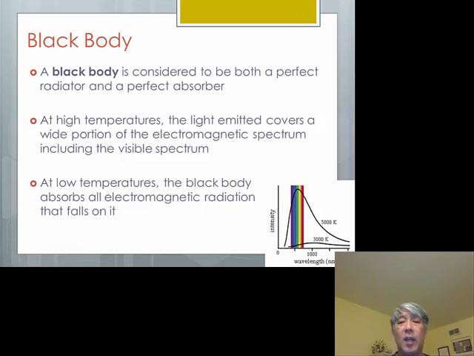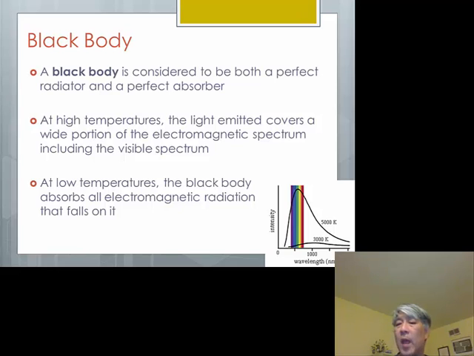At high temperatures, the light emitted is going to cover a wide portion of the electromagnetic spectrum. That's kind of represented in the graph down below. The longer wavelengths are to the right. Longer wavelengths are lower frequencies. Sorry. But they're all traveling at the speed of light, which is 3 times 10 to the 8th